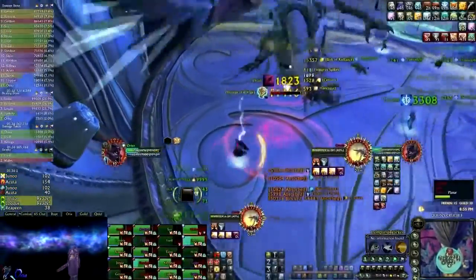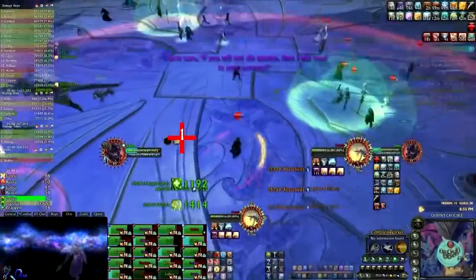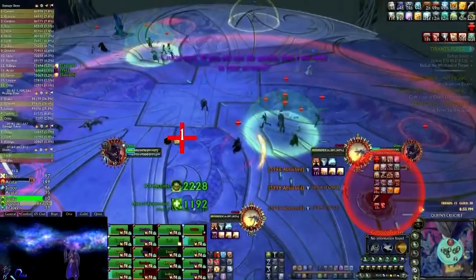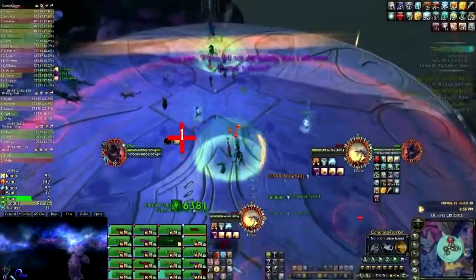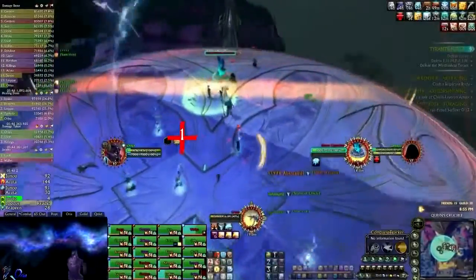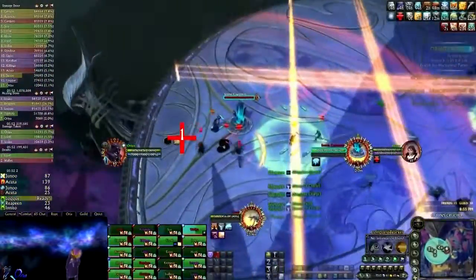At 40% she will phase again and start phase 4. Everyone will get a polarity again, and 2 crystals will spawn, 1 positive on the left and 1 negative on the right. If you have the positive, you will have to run to the negative crystal and stand in the blue circles. Each second you stand in the blue circle, you will get 1 negative stack, up to 5 stacks